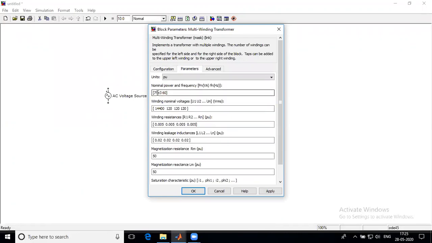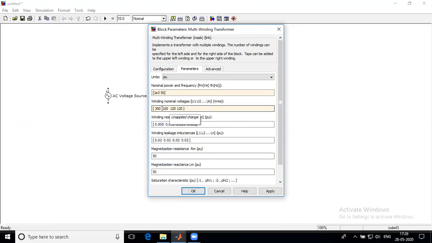Then go to parameters. Suppose we are using here a 1 kVA transformer having the supply frequency of 50 Hertz, and the primary to secondary winding voltage ratio of 3. Suppose we want 300 volt on the high voltage winding side and 100 volt on the secondary, or low voltage winding side.